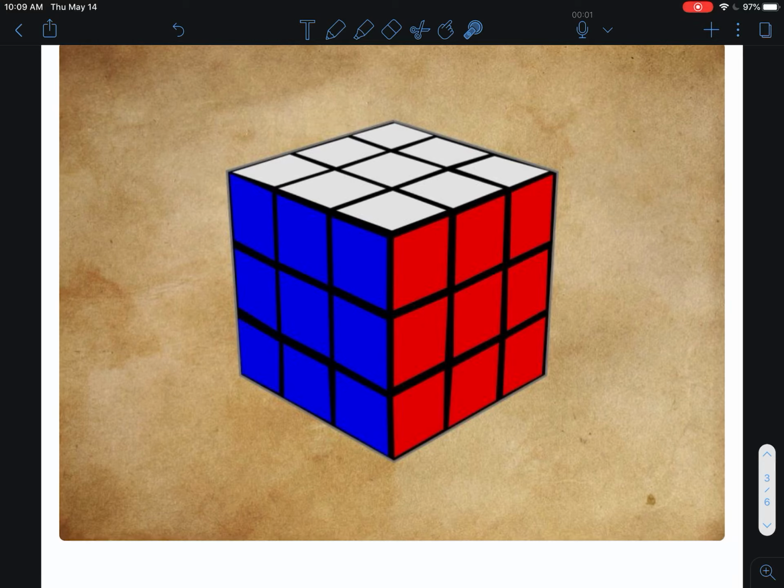So if you look right here, I can do this. I can count by ones. 1, 2, 3, 4, 5, 6, 7, 8, 9. Okay. If I wanted to, I could count by threes, right? Because there's 3 in this row right here. So 3, 6, 9. So essentially what I could do is I could multiply. I just did this. I did 3 times 3 pretty much, right? Okay. That's a faster way to do it, especially if you have